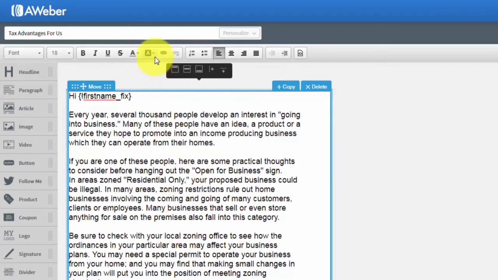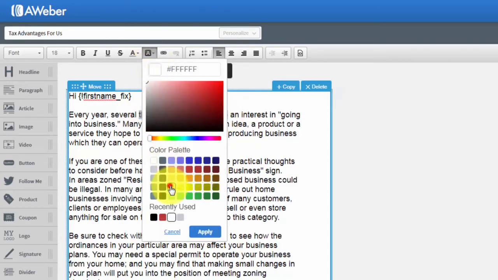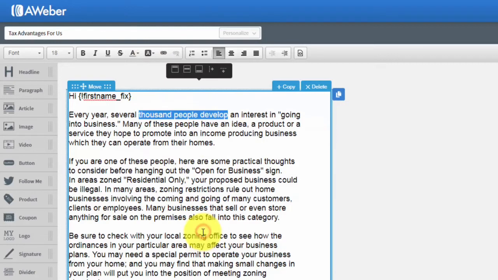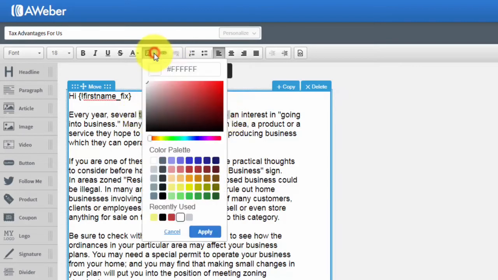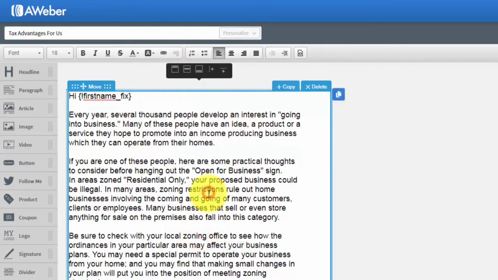You can actually highlight a background. So for example, we could take this text and put a yellow background there, and you'll see that there is a background. We can take that background right back off and click apply. So you have all of the same text features that you would have inside of any word